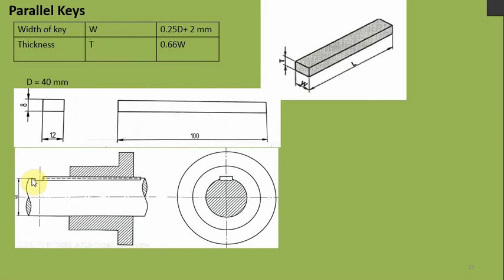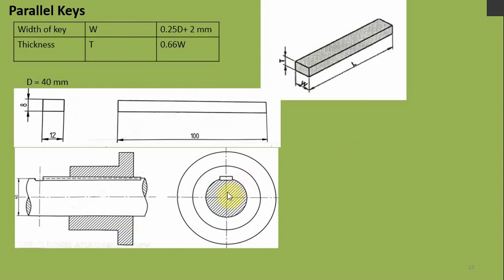So from here it should go 0.5 T above the shaft, and from here it should go 0.5 T below the shaft. This is an arc you can draw approximately with the same diameter as this 0.5 T, and this distance is the keyway distance, which you can also take approximately. This distance is used for removal of the key, and this is a parallel key. Over this one you can draw the hub. When you are starting the drawing, always use thin lines, and later you darken them wherever required.